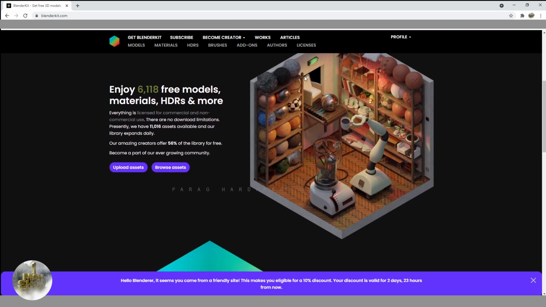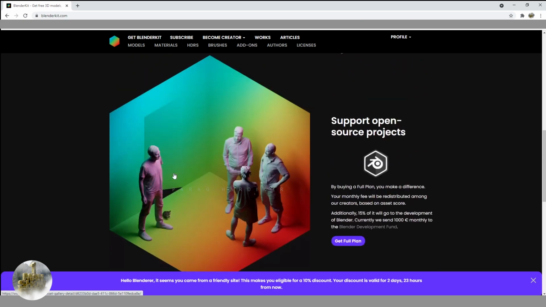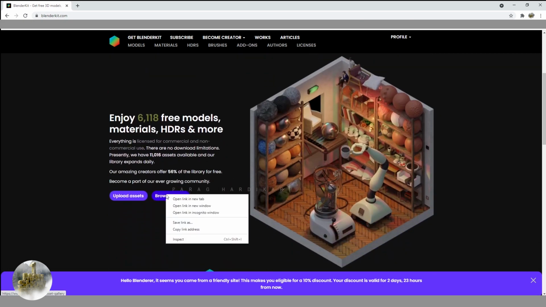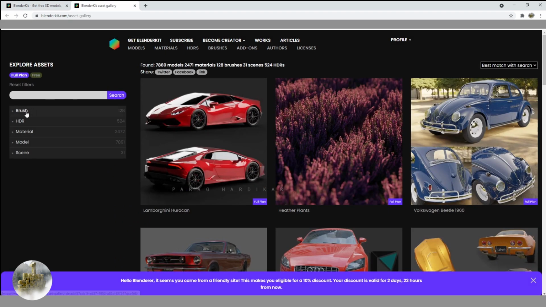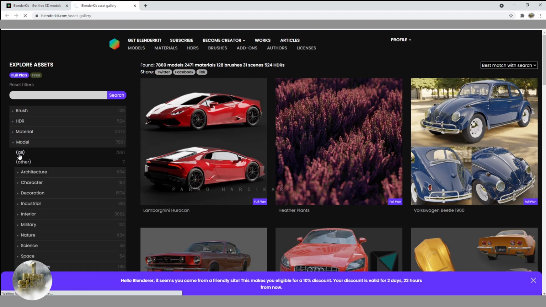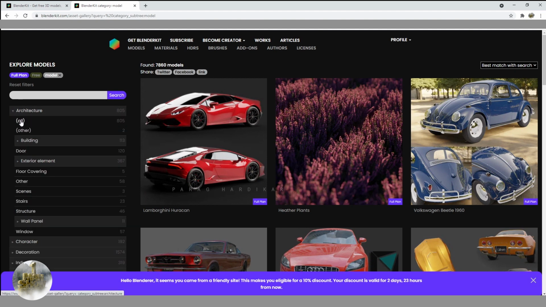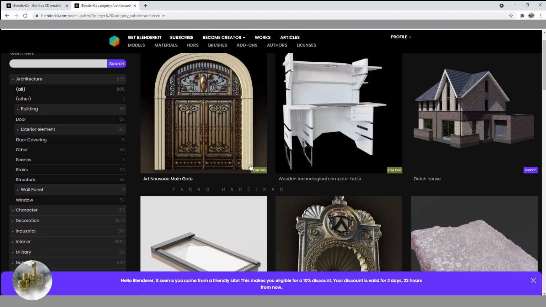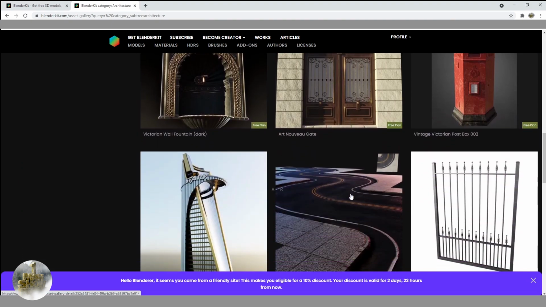So for those who don't know what is Blender Kit, it provides high quality models, HDRs and materials. And you may also know that Blender Kit is the add-on which is already inbuilt with Blender. So you can clearly see here what kind of assets Blender Kit provides. You can simply click here on each category and you can clearly see that it's written on the model. Some of them are free, some of them come with the full plan, on which you will get 10% off with the link in the description.